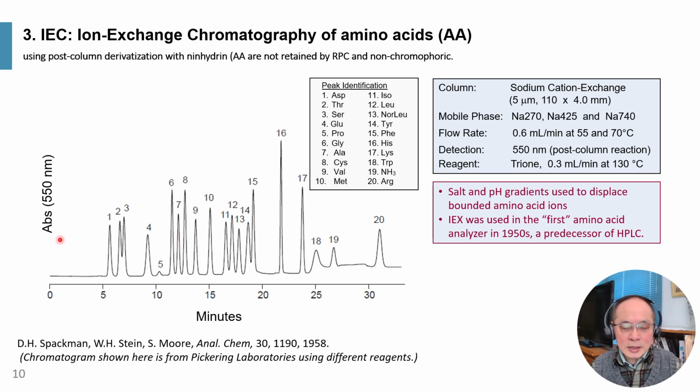Here is the chromatogram of 20 essential amino acids separating. The concept of ion exchange chromatography was actually demonstrated in the 1950s by two Nobel laureates, who were biochemists at Rockefeller University in New York City, and published in Analytical Chemistry. This chromatogram is a modernized version